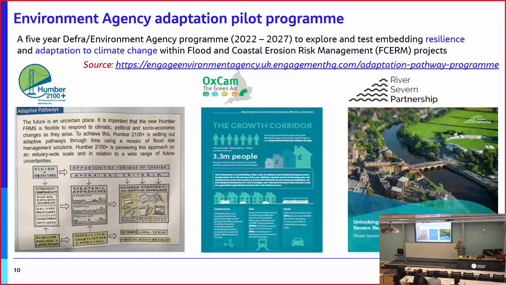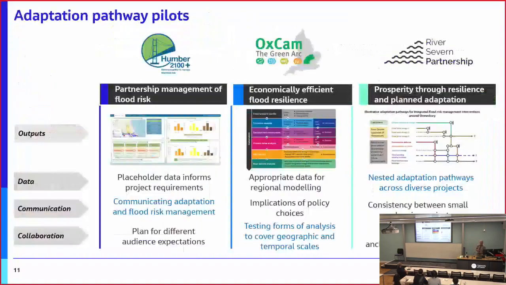And the emphasis on that pilot project was the optimal planning of optimal levels of investment in flood risk management. The River Severn Partnership is about unlocking regional growth. So it's about prosperity through resilience. The idea is that if you can show to people that the area in which they live